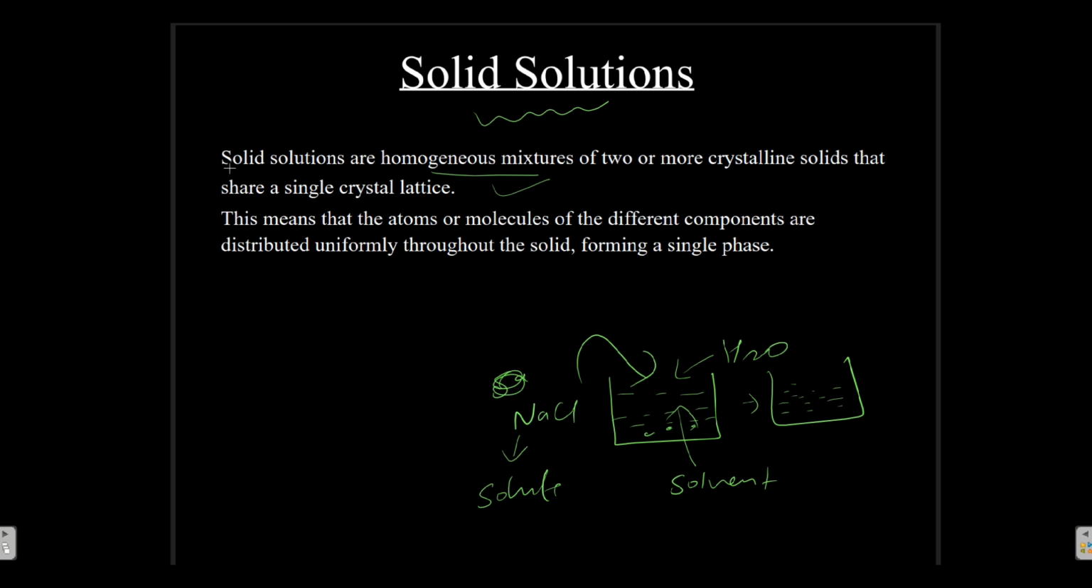Now in the solid solution case also the concept is the same. So solid solutions are homogeneous mixtures of two or more crystalline solids that share a single crystal lattice. This means that the atoms or molecules of the different components are distributed uniformly throughout the solid, forming a single phase. It simply means that suppose we have